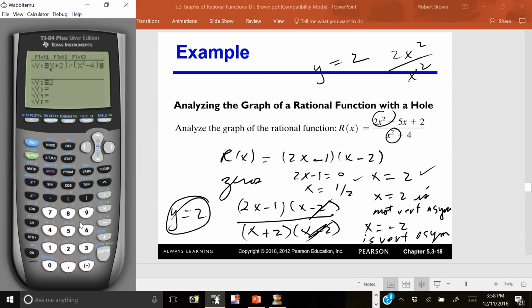Be sure you have the parentheses in. And when we zoom to the standard window,